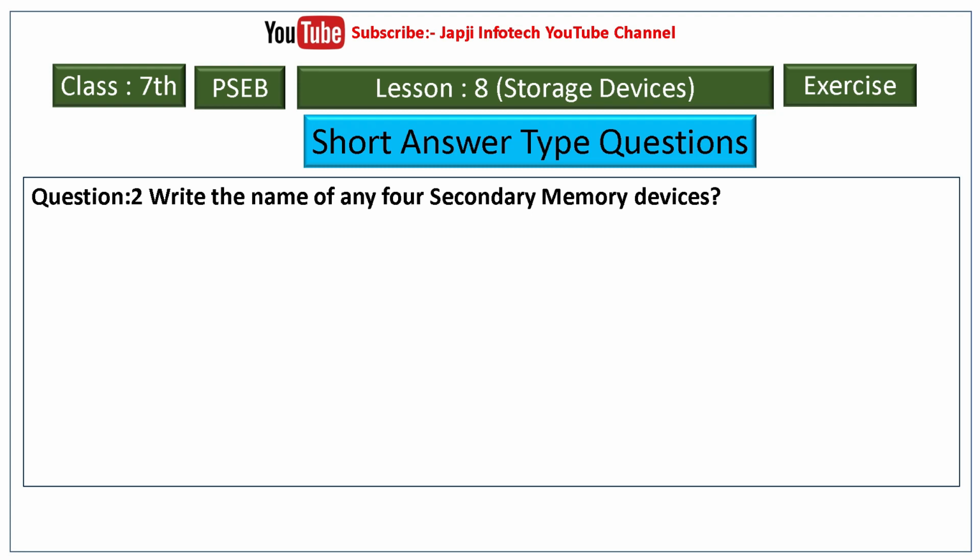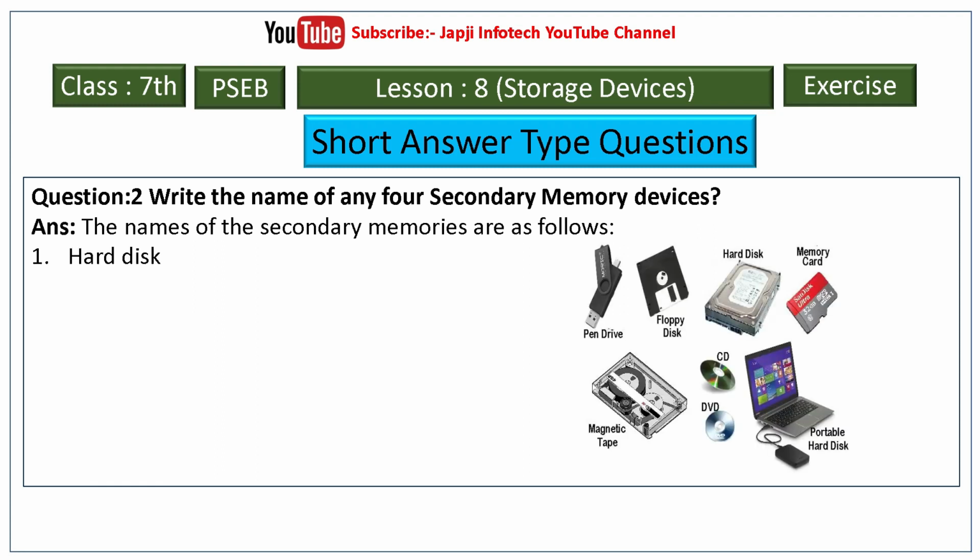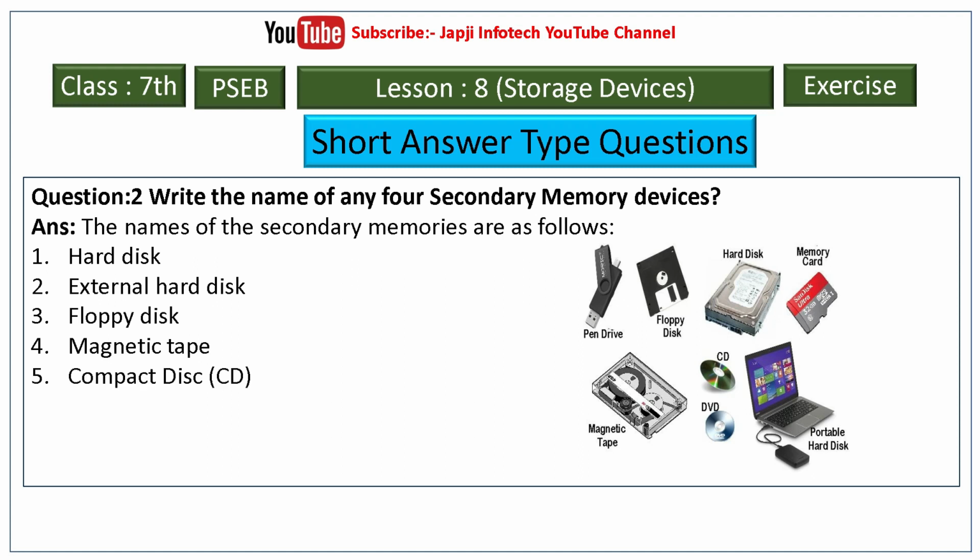And second question is, write the name of any 4 secondary memory devices, and the answer is the names of the secondary memory are as follows. The first one is hard disk, second one is external hard disk, third one is floppy disk, fourth one is magnetic tape, fifth one is compact disk, sixth one is digital video disk, seventh one is pen drive, eighth one